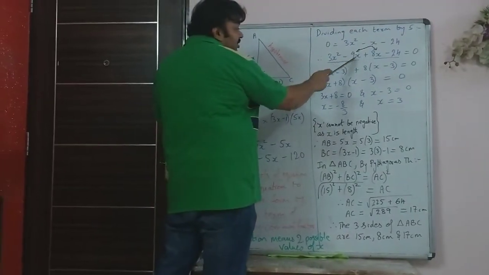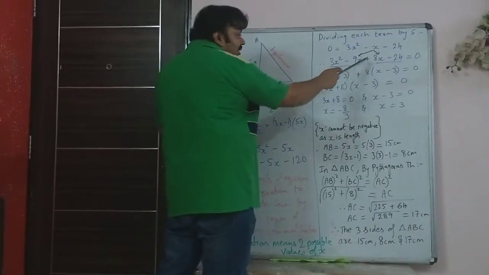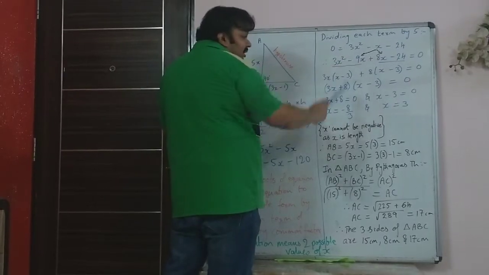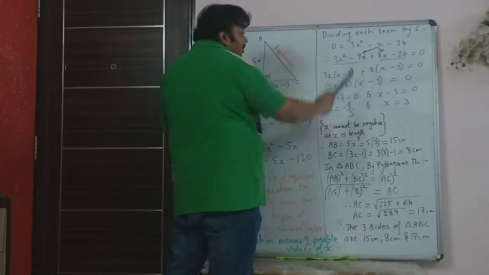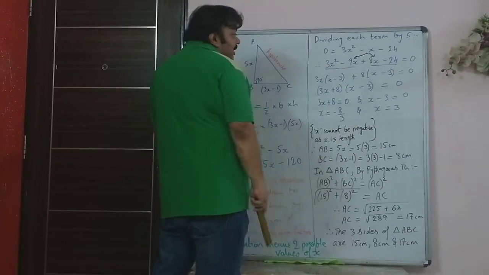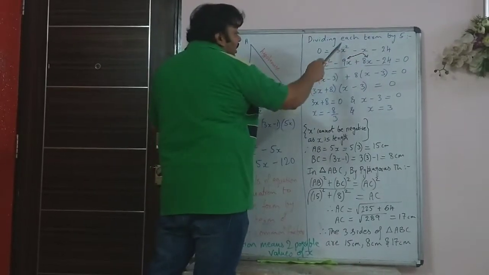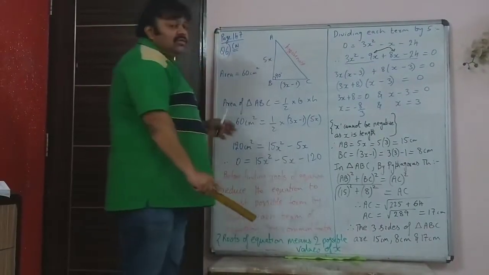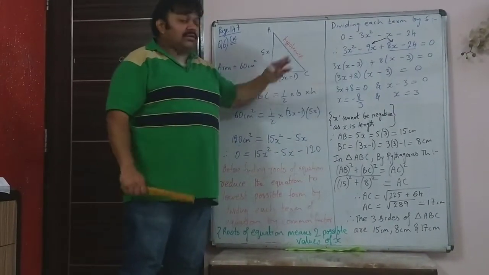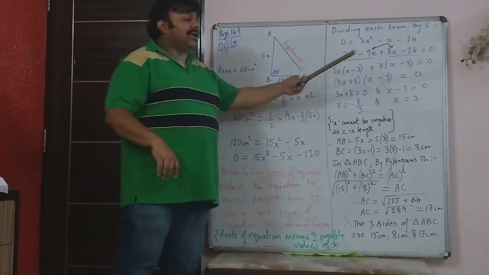So I can split it as minus 9x and 8x. Because when I do minus 9x and 8x, when you add it, you get minus 1x, that is the middle term. And when you multiply, you will get minus 72x squared, which is multiplication of a and c term. So this you have done in factorization, but it is only by practice that you will get it.